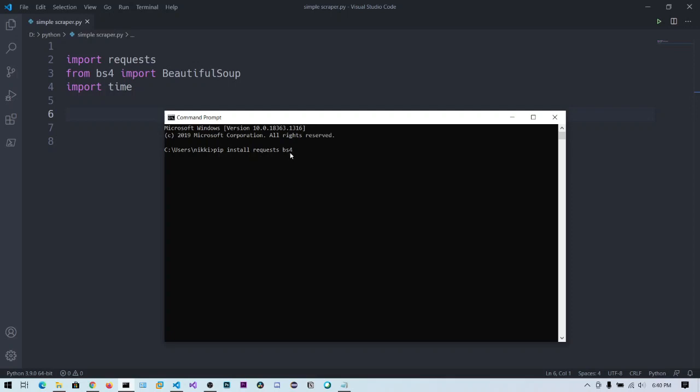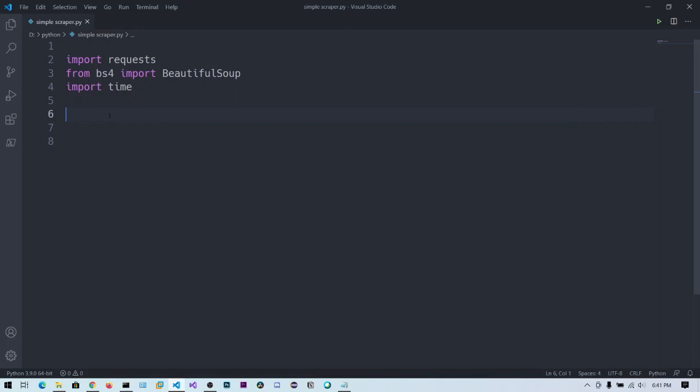Beautiful Soup parses the content and presents it in a neat format, and we can extract the information from the HTML tags. The next one is lxml. This lxml is the parser that Beautiful Soup uses to parse the content of the HTML page. So you hit enter. I already installed these libraries, so I will not do it again.